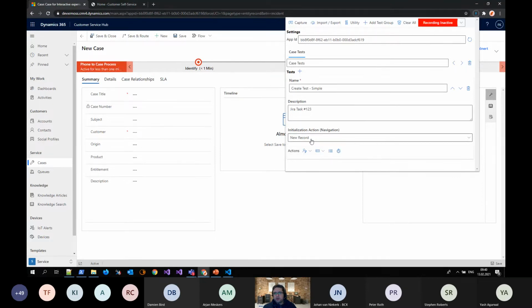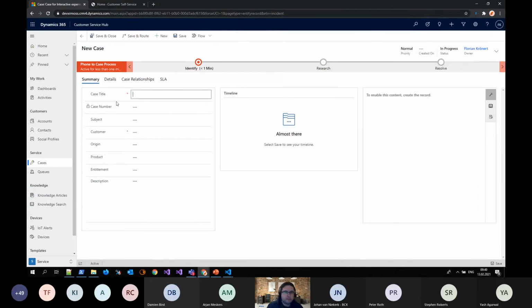All right, but we'll start with a new record, and what I want to show you first is the macro feature. So when I click on the drop down in here, I can select create test to start recording into there. Then the UI will switch to signal to me that recording is active. And now I can just type something in there. So I type UI test simple,